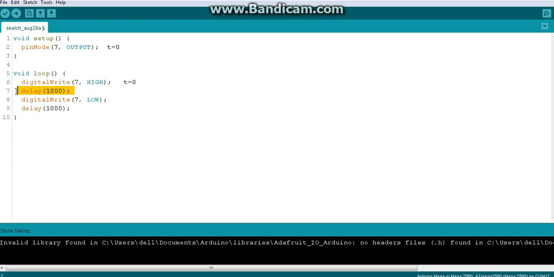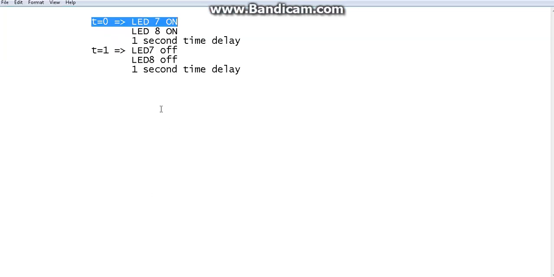Since the delay is passing, it will become t equal to 1. So before the delay I have to write it, right? Because here, what's the time? T equal to 1. Yes or no? This line is t equal to 1 because there is a 1 second delay. So this starting time is t equal to 1. The t means the starting time of the line, right guys? So where should I write this LED 8? Before the delay,